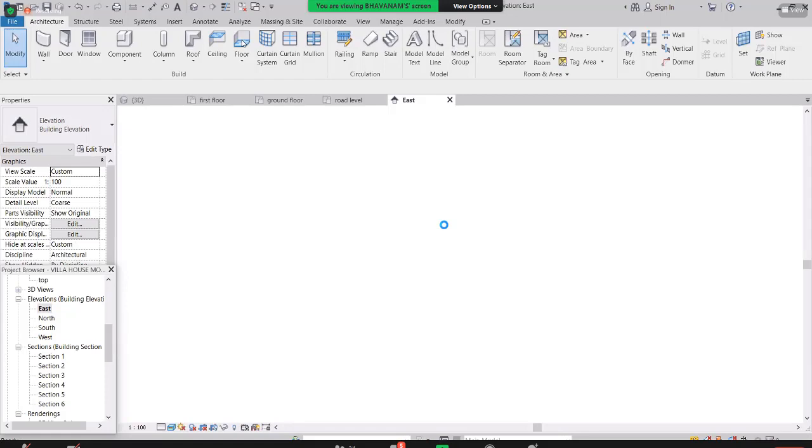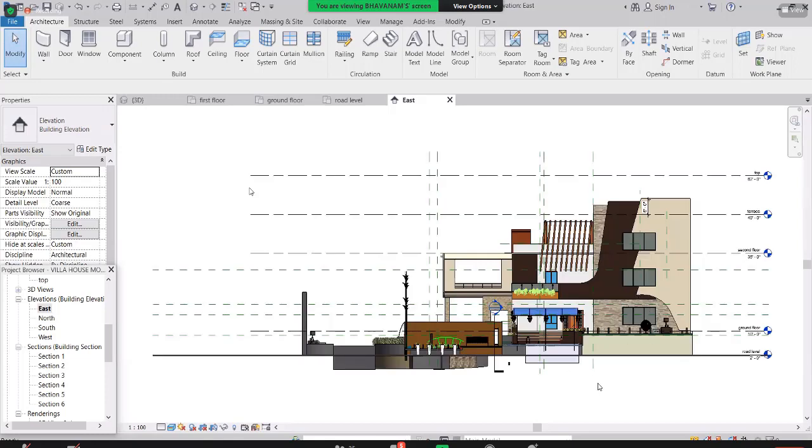Just give me a minute, it will open up. Yeah, sometimes Revit will take too much time to open those, all the rendering was like that. See guys, how it will be. So this is how Revit will generate.